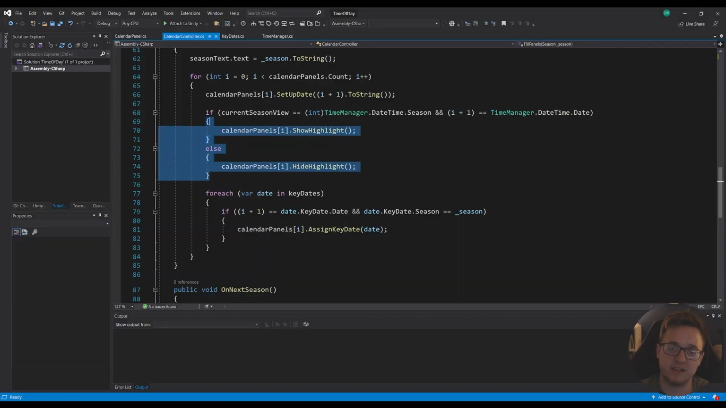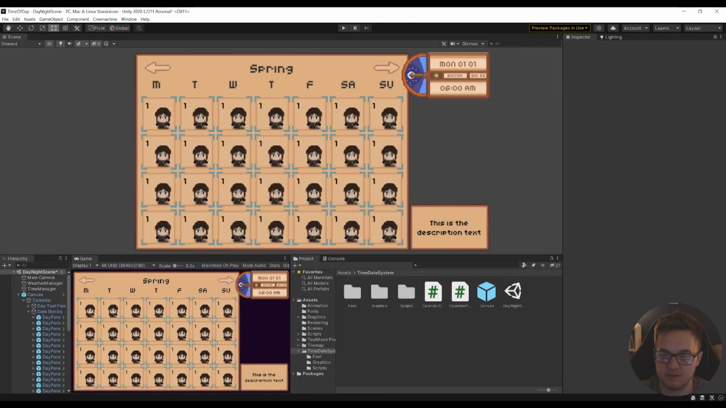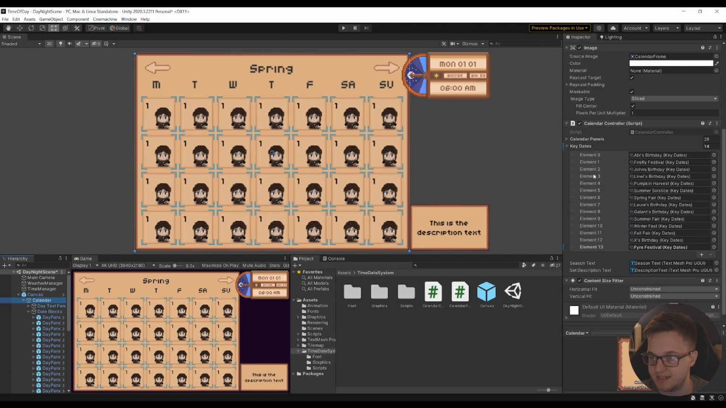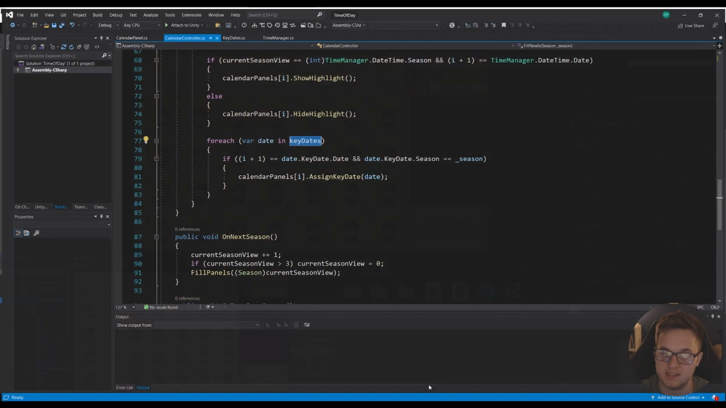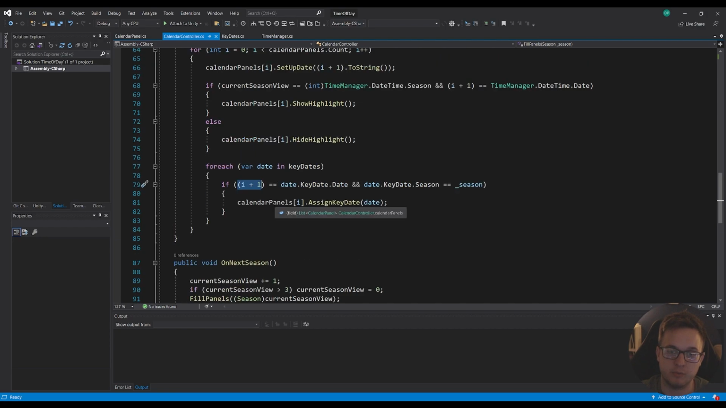And then finally, after we've done all that, we've set up the dates, we've turned the highlight off and on, depending on if it's the actual day that we're looking at. So I'm going into a for each loop, and for every date in our key dates list, which by this point has been sorted, and this is this key dates list here, so this is our sorted list. For every date in our list, if the panel that we're currently looking at in our loop +1, so again it's 0 based,